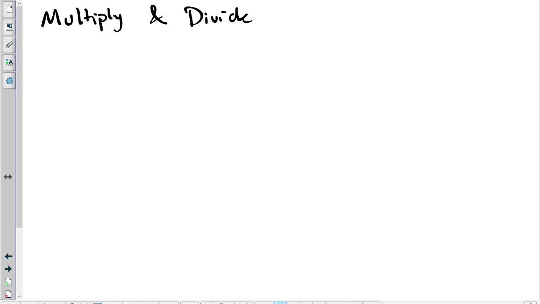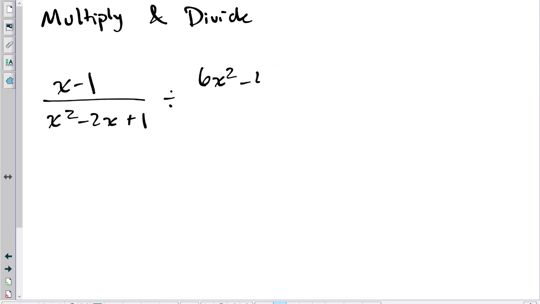All right, so let's divide these two. So let's do x minus 1, I'm going to change all these to x's. x minus 1 over x squared minus 2x plus 1. Hey, that looks similar to something I've seen. And then divided by 6x squared minus 48x over x squared minus 18x plus 80. Okay. So I think this one's actually trickier than the ones that are on your test, but let's break it